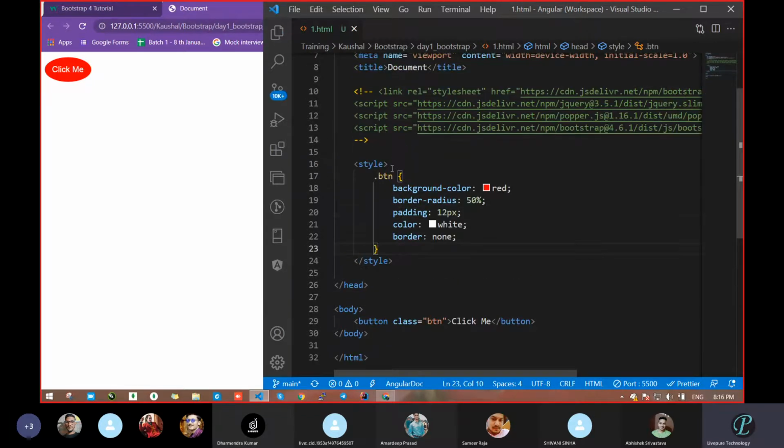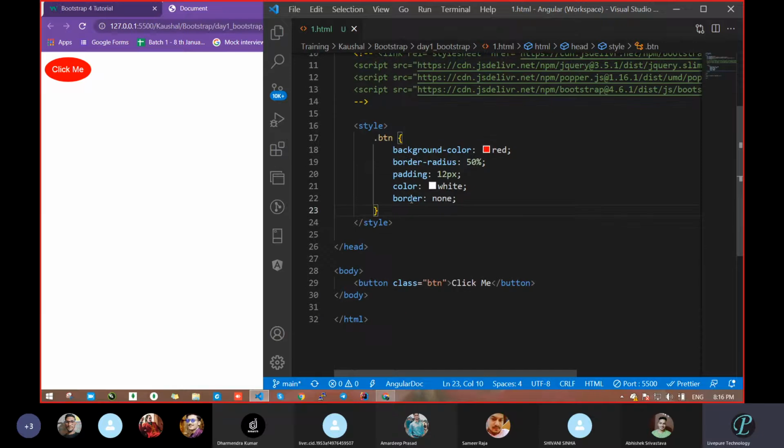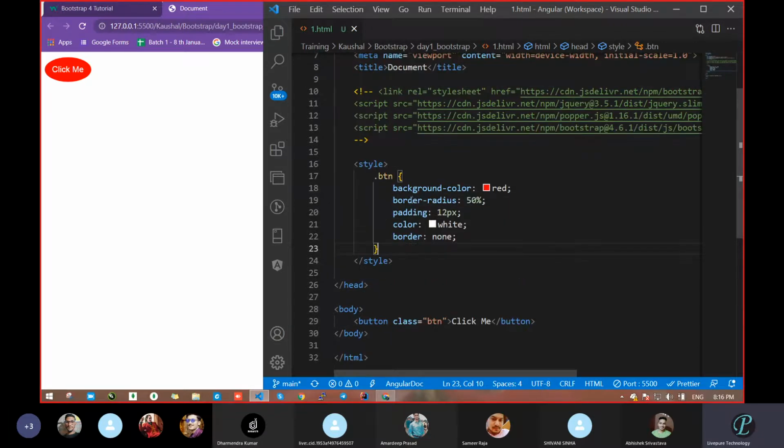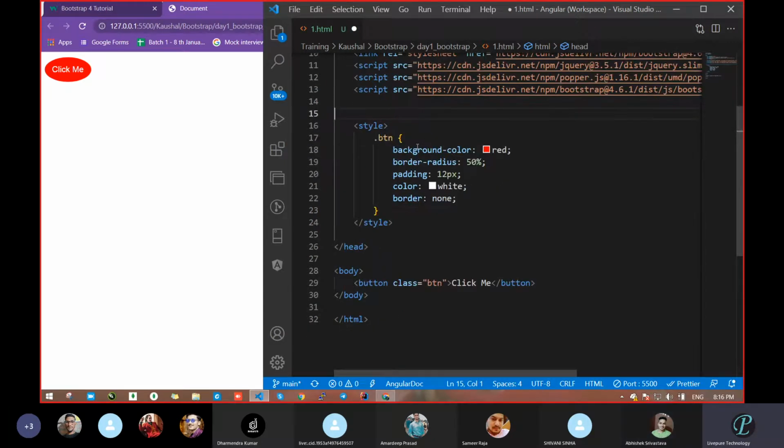But what I want: there is no difference between Bootstrap and CSS here. But what I will do is uncomment this line. And what I want now is to add our style along with Bootstrap. What can we do? Let's see. What effect did you get? Can anyone tell me something? What did you get here?